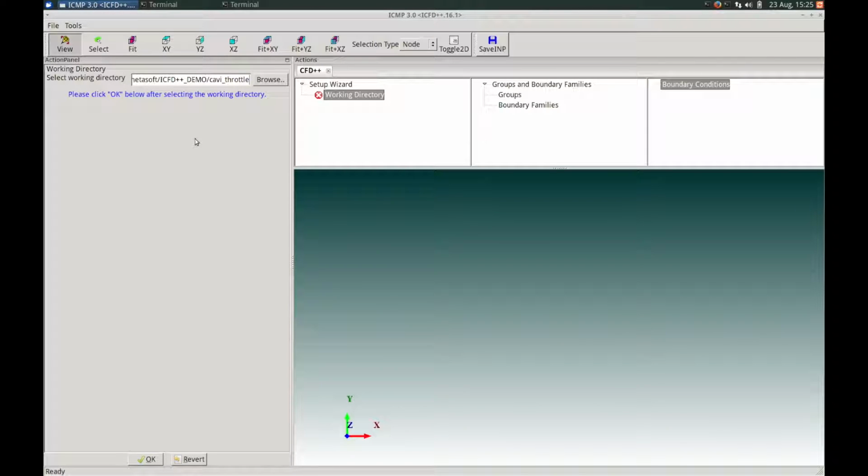In Linux, you can launch the AUI by typing mcfd AUI in a command shell. The user interface will open and we will see the first item in the action panel. The first panel prompts us to choose a working directory. In Linux, the default directory location is where you launch the user interface. So next I will press OK